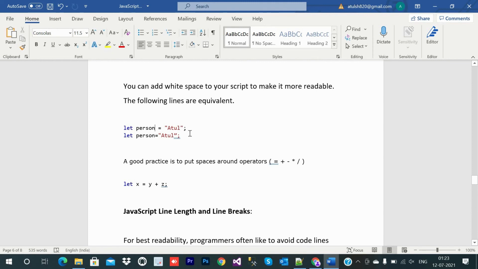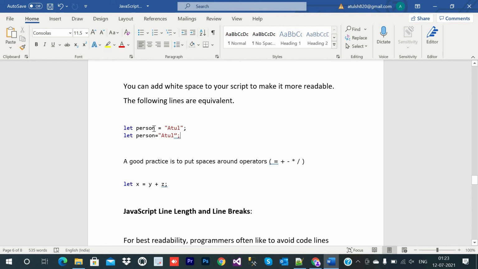In these two lines we are doing the same thing: declaring a variable using let, which is used to declare a variable, and its scope is block scope.